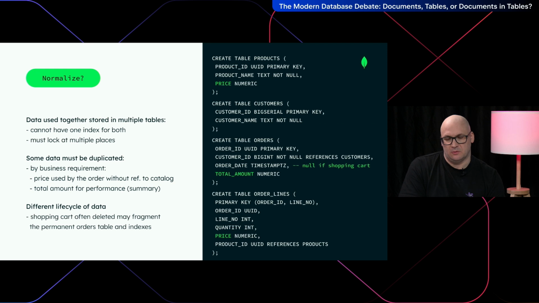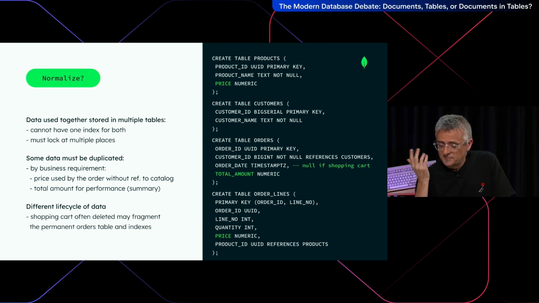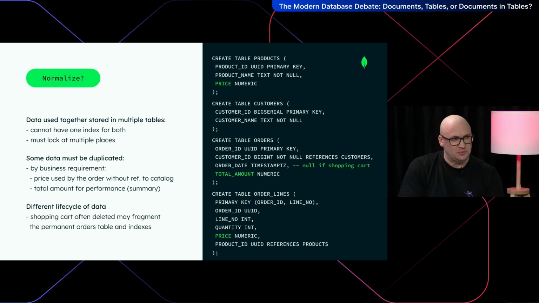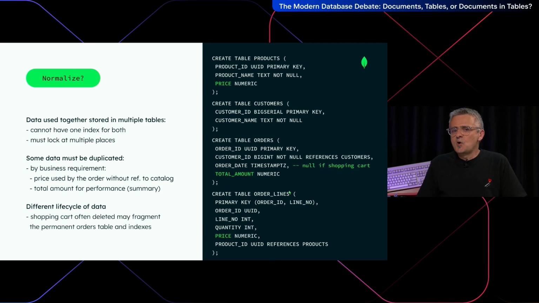For instance, in the orders table, you have a total amount, which should be the total of order items. What happens if the order items change? The price for an order item changes. Yeah, then you have to maintain it. It probably should go somehow event-driven then. Yeah. But it's easier today. Even in the database, you can have a trigger that does that. It's not in the relational model.